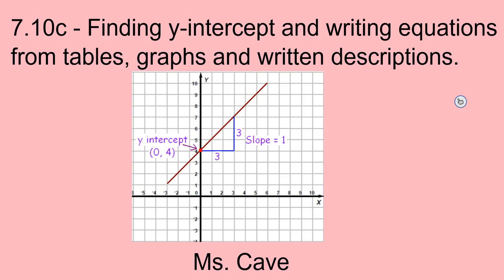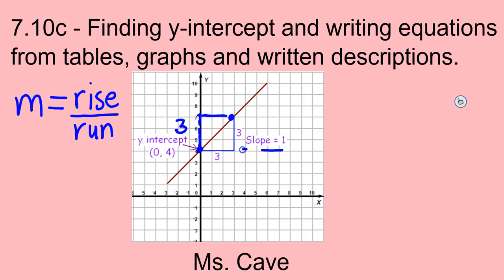Descriptions. So far, if you look at our title slide, we have been learning about slope. And we use m for slope. The way we calculate slope is rise over run between 2 points on a graph. If we look at this graph, they've done it on the right, but I'm going to show you on the left. So I'm going to go up 3, that's my rise, over 3, that's my run. So for this, if I was writing an equation, it would be y equals 1,